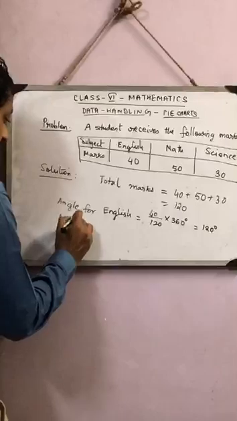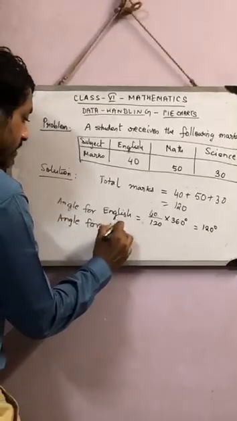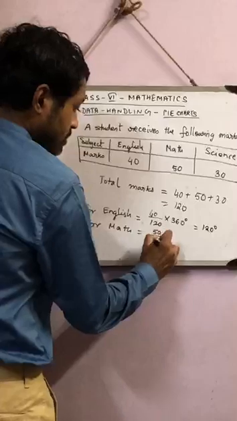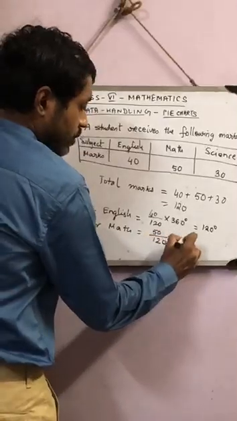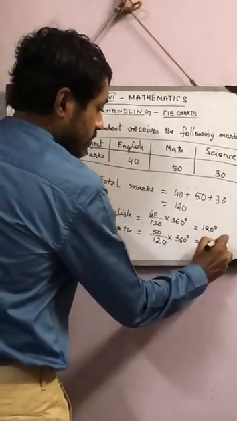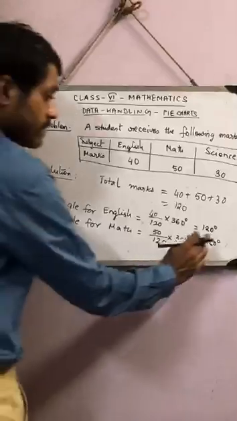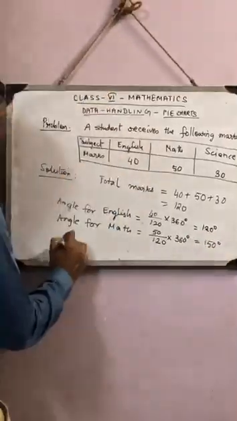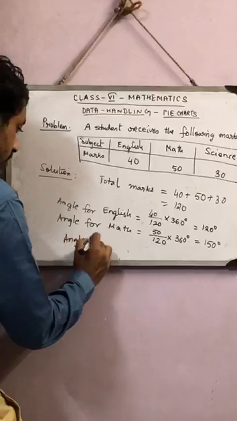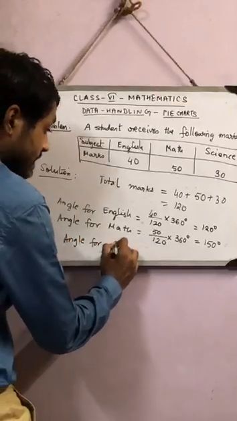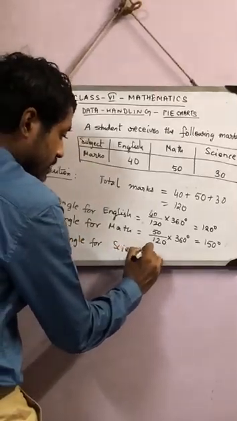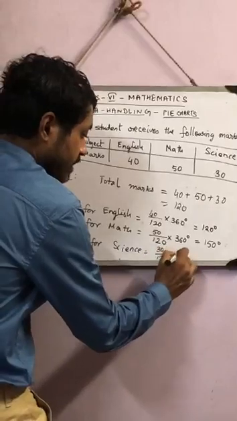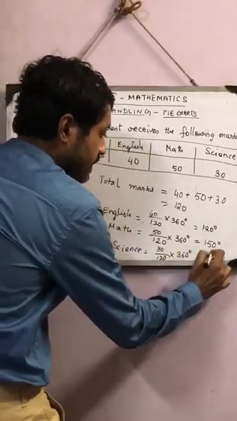Next we have the angle for math. What is the value of the math? 50. What is the total value? 120. And what is the net angular value? 360. So 150 degree. Angle for science. We have 30 out of 120 into 360 degree, that is 90 degree,